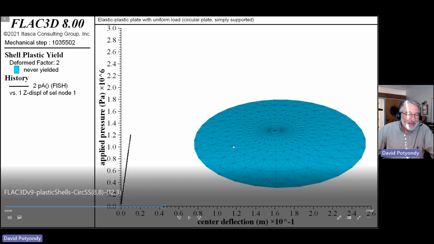Okay. What we're doing is we're applying a pressure to the surface of this, and we have simple supports on the end. And what we do is we apply a small pressure, we go to equilibrium. We apply a small pressure, we go to equilibrium. And so then what we're monitoring is the center deflection. That's the x-axis. This is the applied pressure. And so as we go,